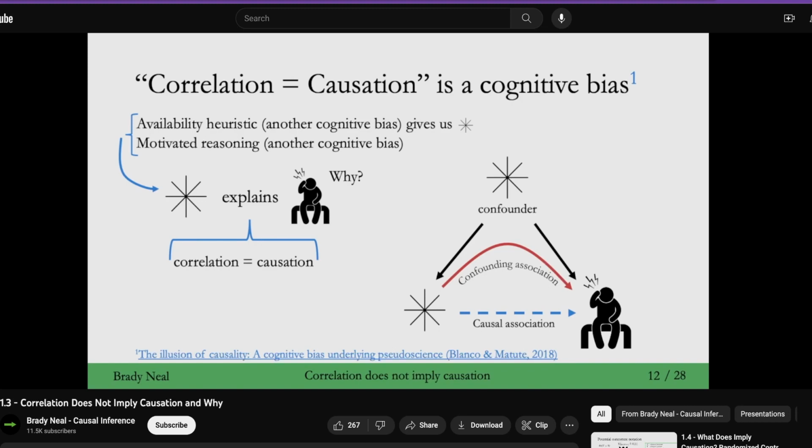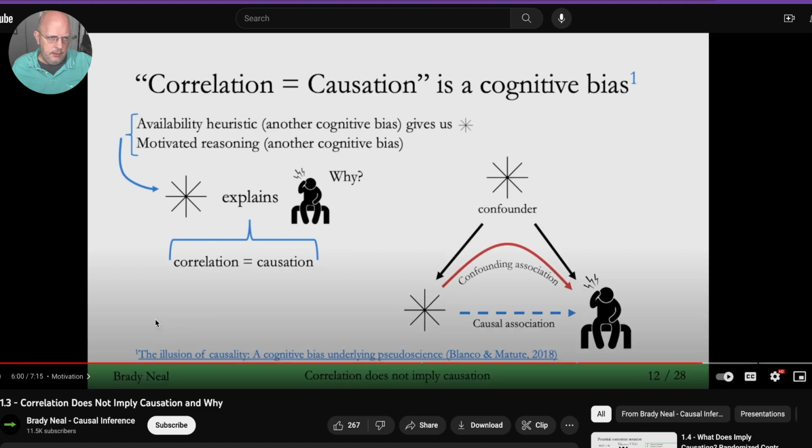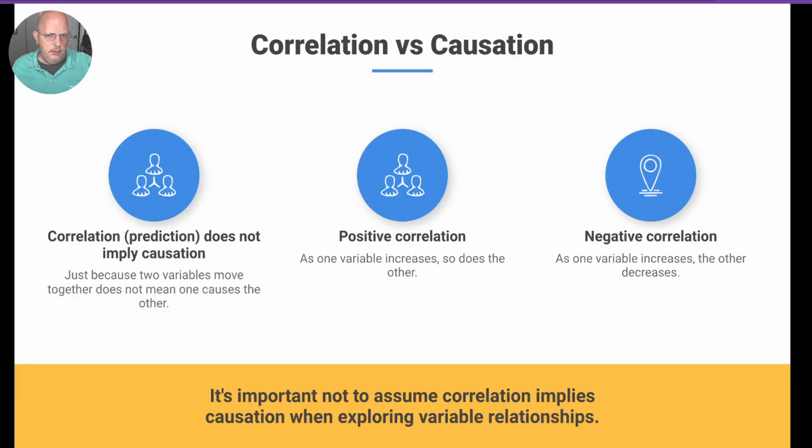Motivated reasoning here is that we have some worldview and want to come up with reasoning to justify our worldview. An example of motivated reasoning in this case is, say that I don't enjoy spending time with my in-laws. I might be motivated to attribute my headache to the time that I spent with my in-laws earlier that day. I might say, okay, I got a headache because I spent time with my in-laws earlier today, so I probably shouldn't hang out with them.